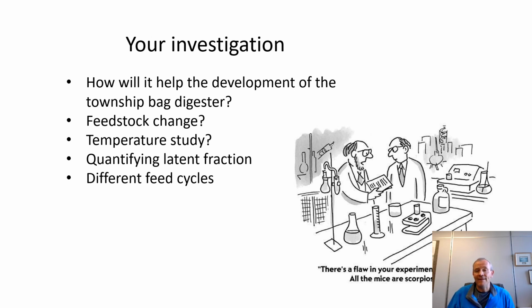We spoke about the latent fraction. Maybe you can design an experiment where you look at obtaining the amount that's not converted in 48 hours, because it does appear that more than 50% is converted within the first 48 hours. You can do different feed cycles, whatever you're thinking about. We can't test too many things, because we have to show a clear deviation from our normal state, which a lot of you are still just achieving, and that's to get your 11 to 14 liters of biogas per 48 hours. So just start thinking,